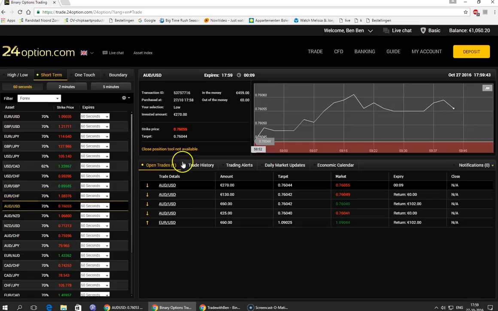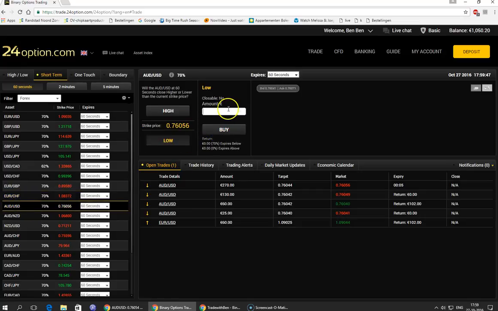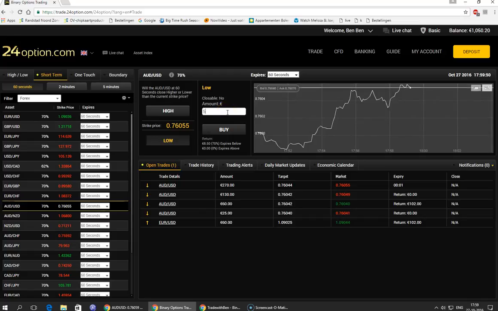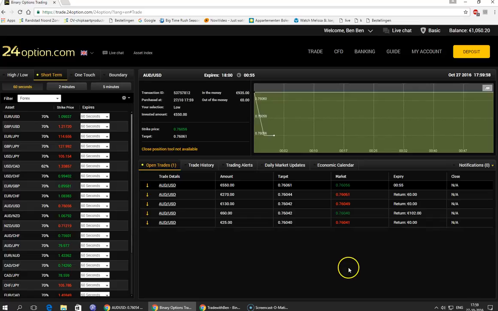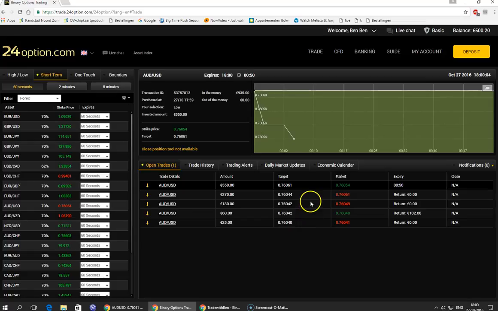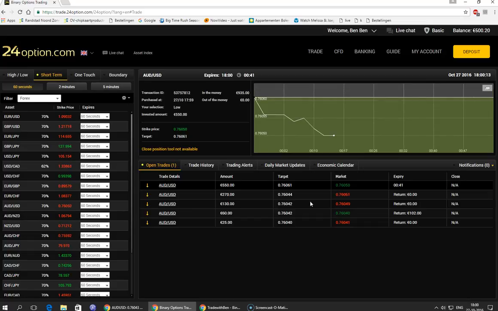So Australian dollar, US dollar, last trade is 550. Buy it. So let's see what happens right now. So guys, this is actually level 4. 1, 2, 3, 4. I'm sorry, this is level 5. So please keep in mind, I never do this. For you guys, level 5 should be, let's see, 5, 12, 25, around